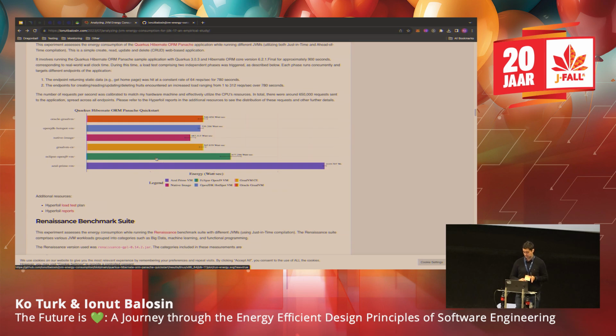One important aspect which I didn't mention: to end up with these results, we measured multiple times. So we didn't start only once. We didn't trigger the measurements only once. We triggered measurements multiple times, the same test, and then we